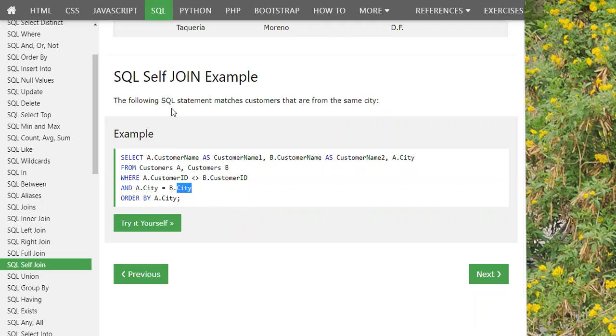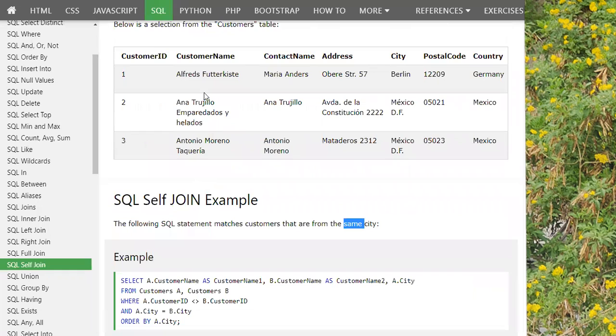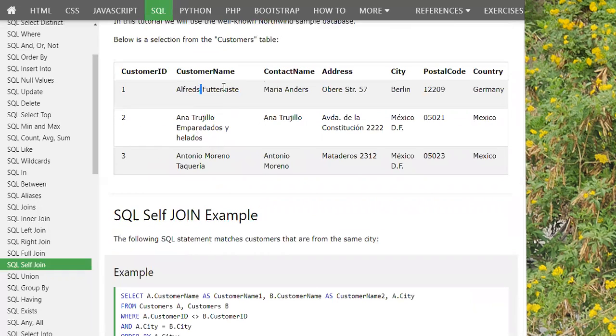Now this query was not the same as the example I mentioned earlier. This query matches the customers that are from the same city. If we want to match the customers of the same city, first we will refer to this customer name and find out the city of this customer.